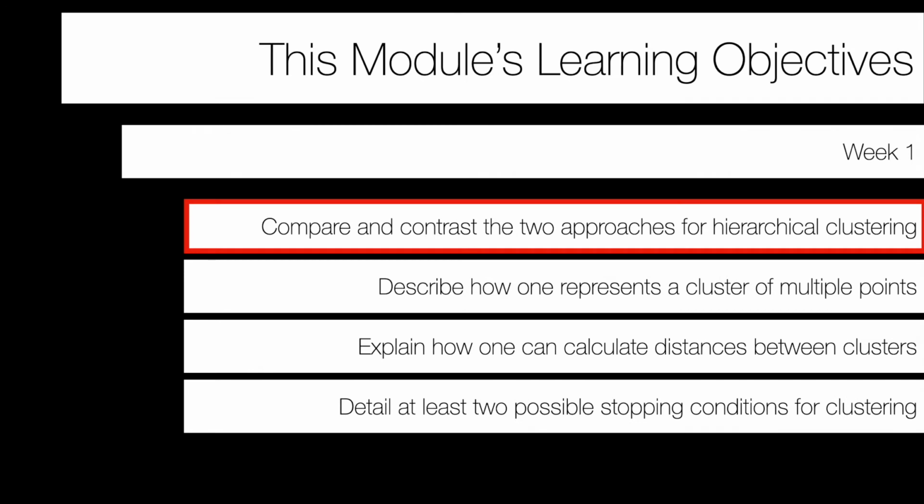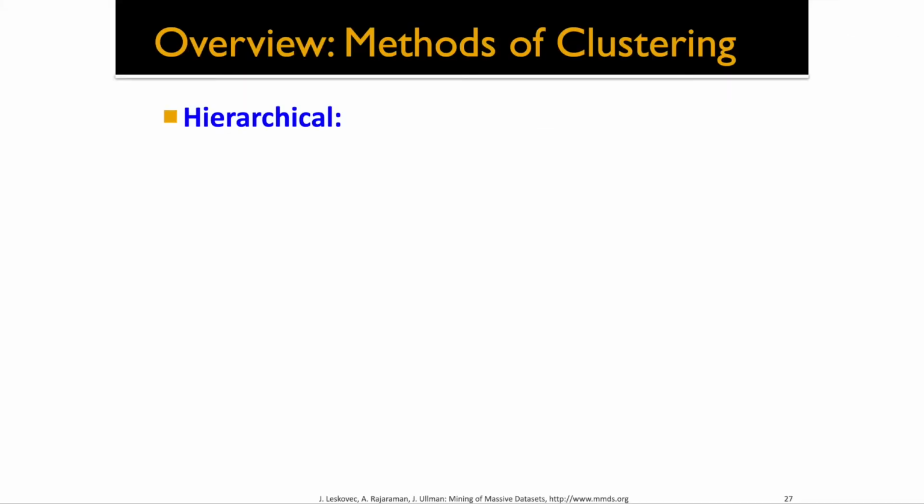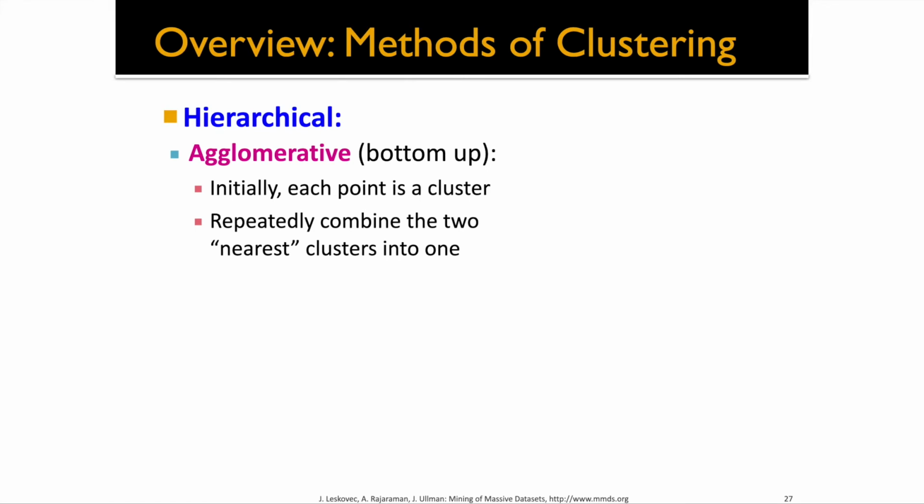So we'll talk about this by first introducing 2 methods of clustering. We'll introduce and talk about primarily in this lecture the idea of hierarchical clustering, which itself also has 2 subtypes. There's first agglomerative clustering, which is basically this bottom-up approach where you start with every point in its own cluster, and repeatedly through a number of different iterations, we combine 2 clusters that are nearest to each other in some way. So you take the 2 closest clusters to each other, combine them up into a new cluster, and repeat